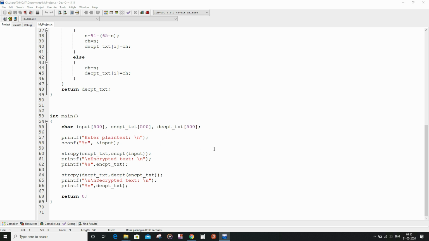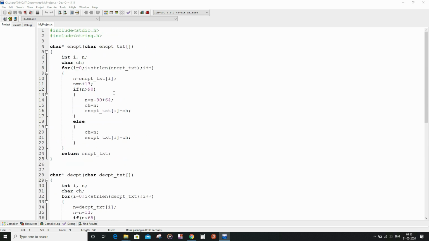And then first of all I had taken the input from the user inside the plain text variable, and then I had called the encrypt function and copied the returned value into the encrypt text, and then printed the encrypted text. I had done a similar thing for the decrypt function as well.